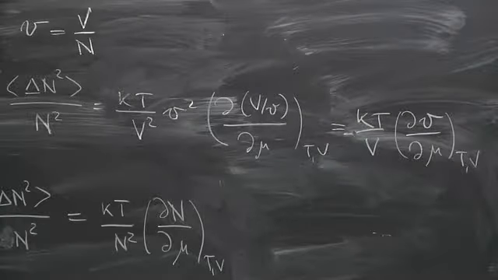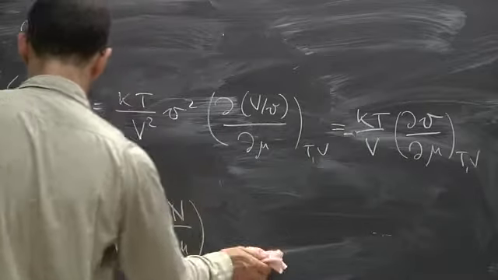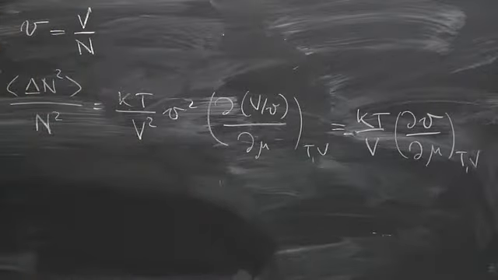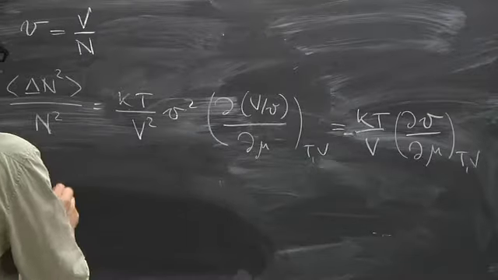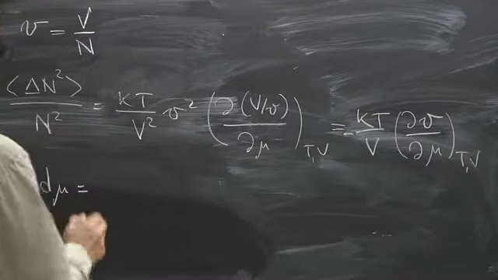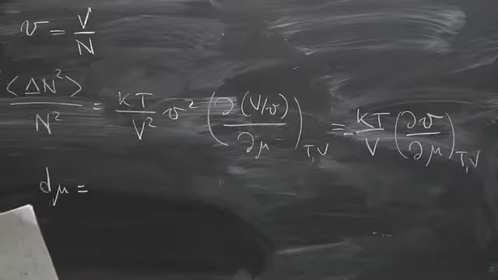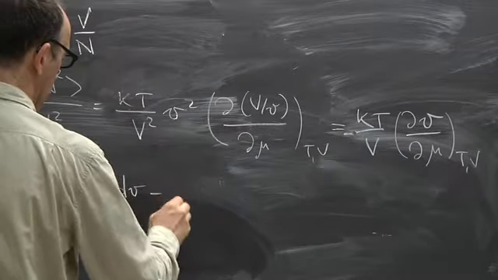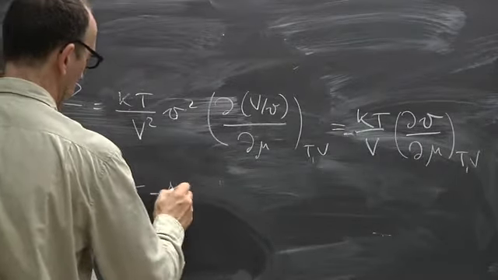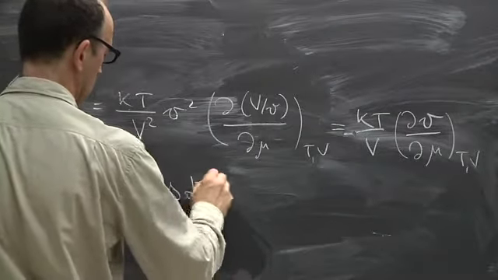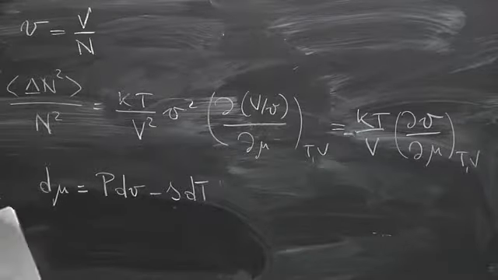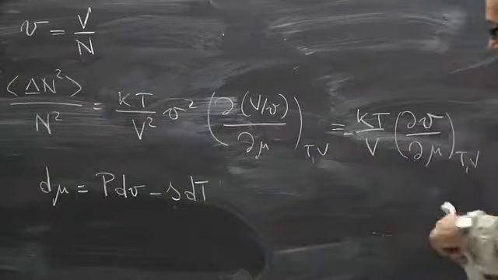Okay, so this is still not particularly transparent. So, in order to make it more transparent, one can use the thermodynamic relation that d mu is v dP minus the entropy density times dT. So how do you derive this relation? So we have seen last time that